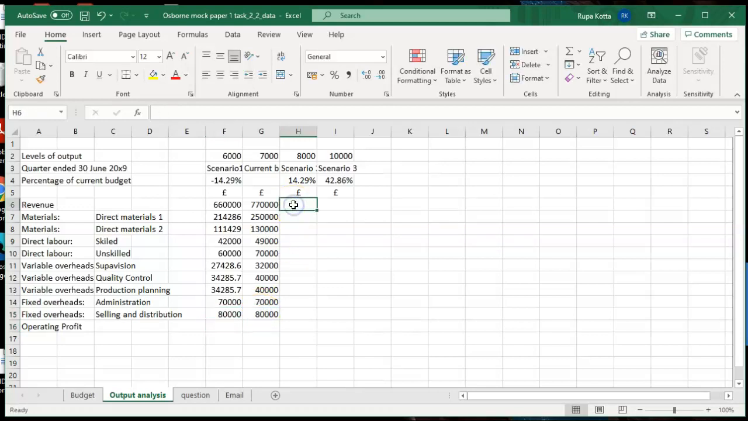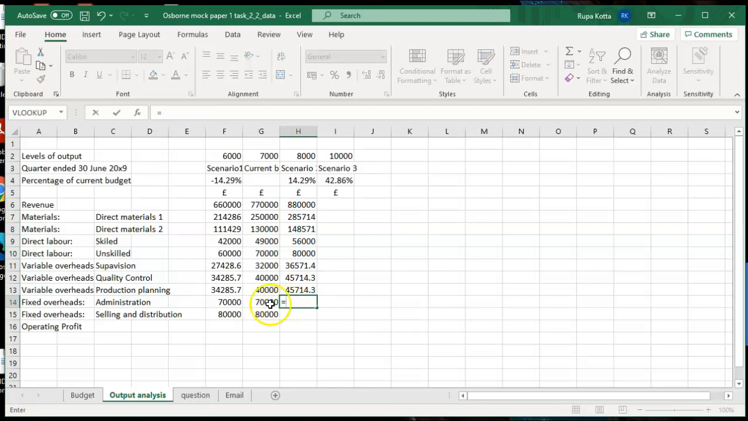Now here the percentage is increasing. Absolute referencing again. Calculate up to the variable cost. Fixed cost will remain the same. For the last one,